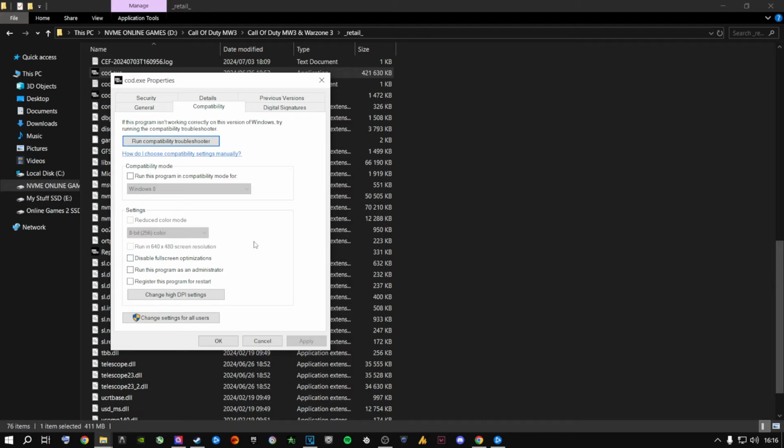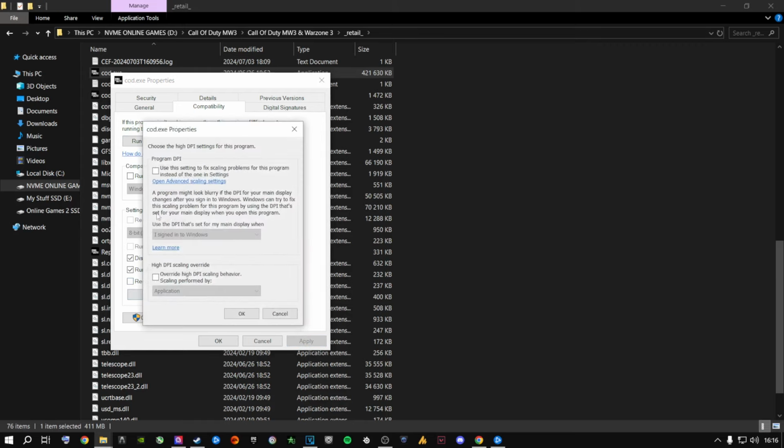Now, there's a few ways of fixing this. This might help, or the other solution that I'm about to show you might help. So you're going to go to disable full screen optimization and run this program as administrator, and then say apply to this, right? Just like this. And then go to change high DPI settings, click on this one over here, program DPI, and then high DPI